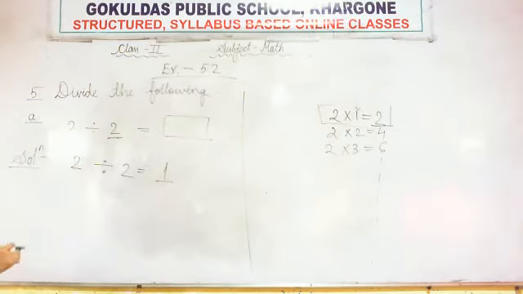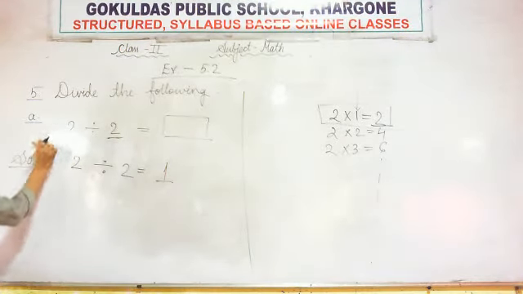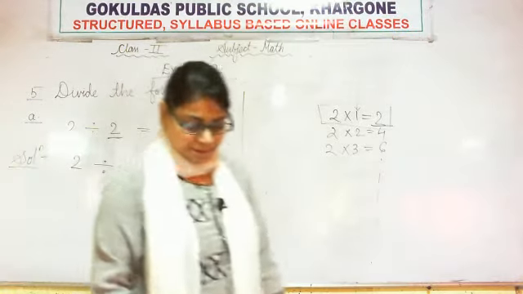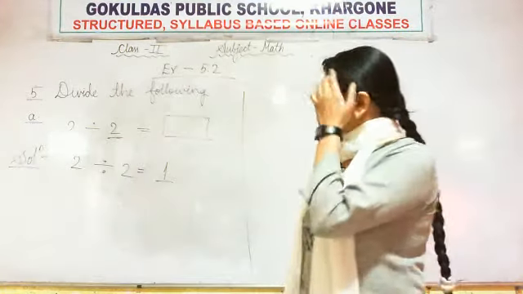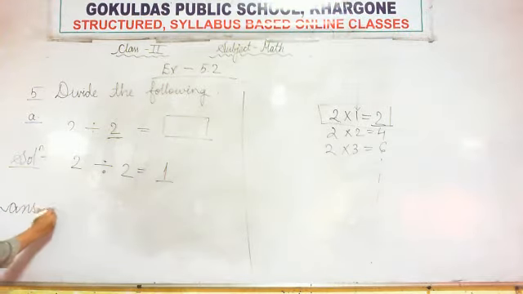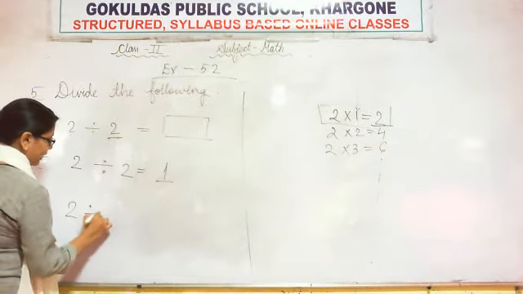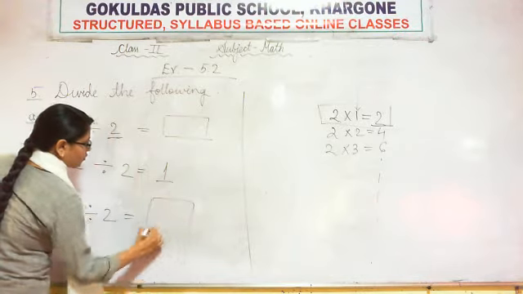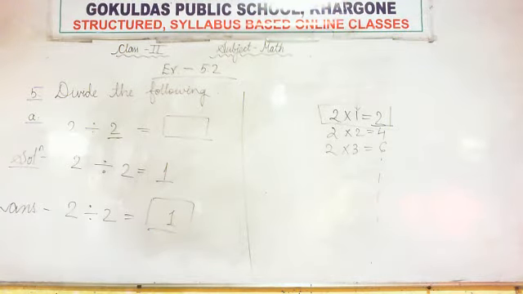So this is our answer. So let's write the answer. 2 divided by 2 is equals to,